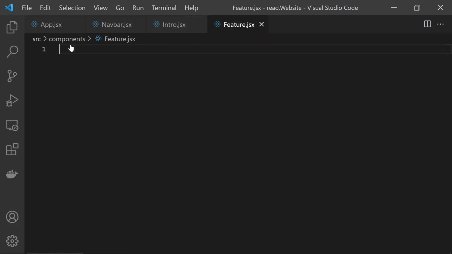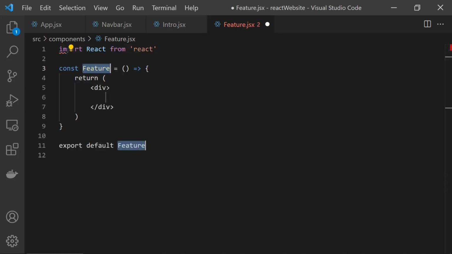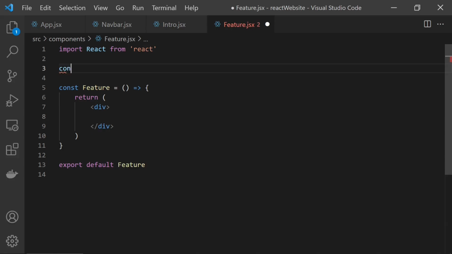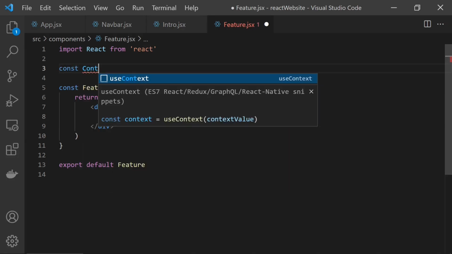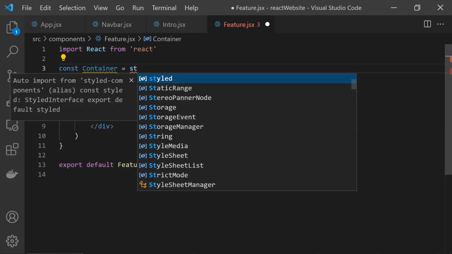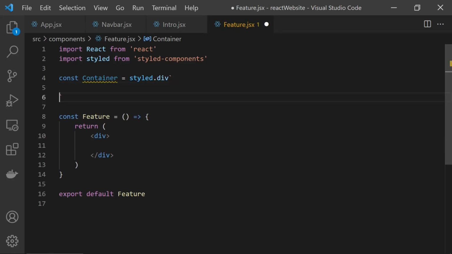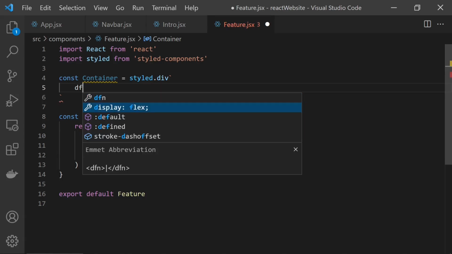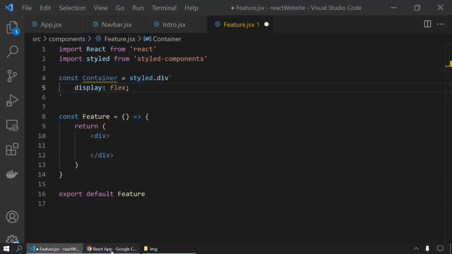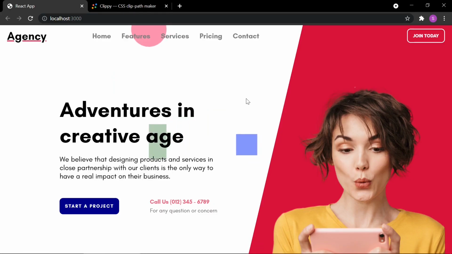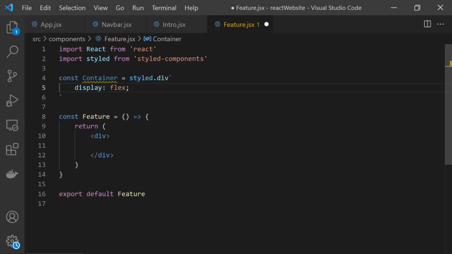I'm gonna close here and I'm gonna create my function. I will say my arrow function, and inside I'm gonna create firstly my container. Const container, and I'm gonna import my styled here, and it's gonna be div. And again, I'm gonna make this display flex, because again, we are gonna have image and our text information. So let's make it container,